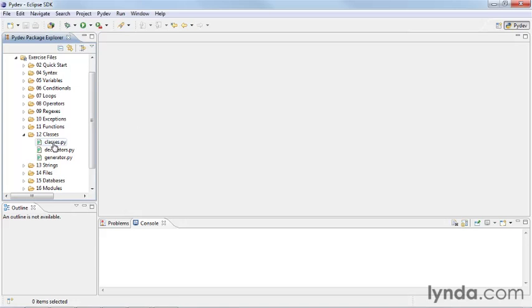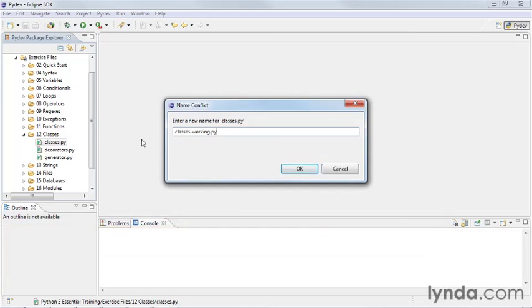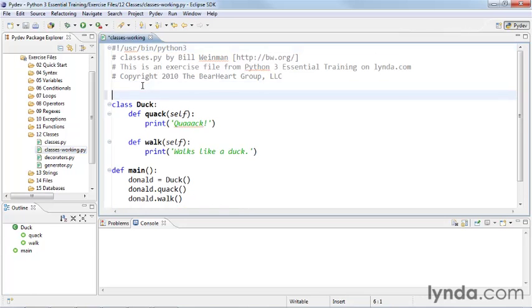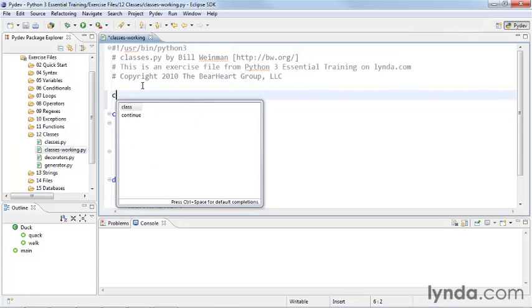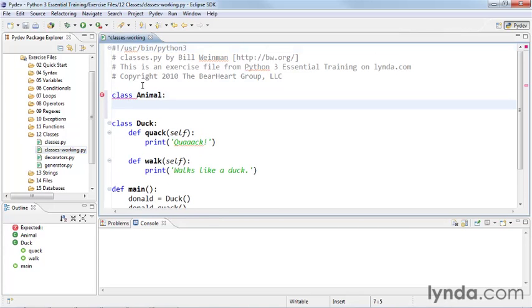We'll start by making a working copy of classes.py, classes_working.py, and we'll open up our working copy. You notice that we have this duck class here. We're going to create another class. We'll call this one animal. So the animal class will have methods in it that will be inherited by the duck class, and perhaps other